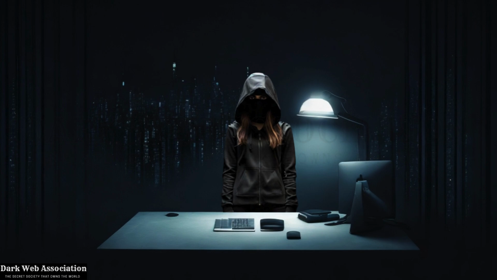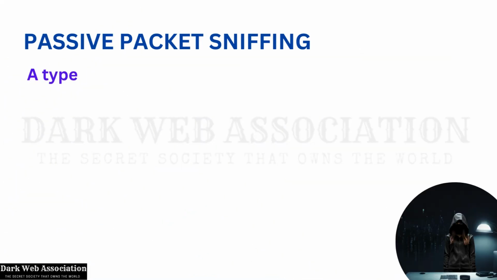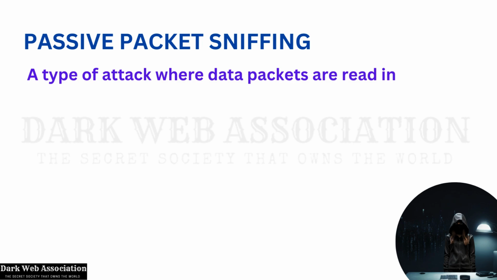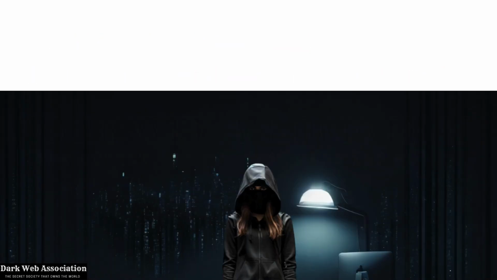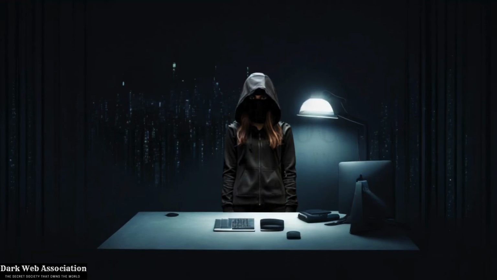Packet sniffing can be passive or active. Passive packet sniffing is a type of attack where data packets are read in transit. Since all the traffic on a network is visible to any host on the hub, malicious actors can view all the information going in and out of the device they are targeting. Thinking back to the example of a letter being delivered, we can compare a passive packet sniffing attack to a postal delivery person maliciously reading somebody's mail. The postal worker, or packet sniffer, has the right to deliver the mail, but not the right to read the